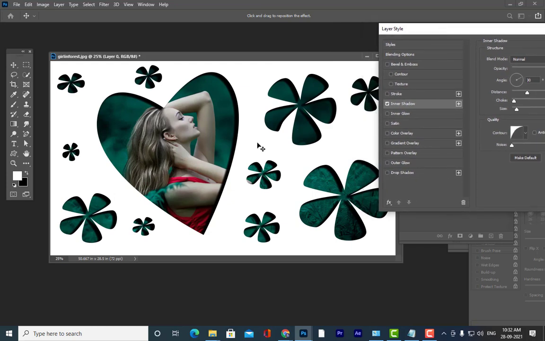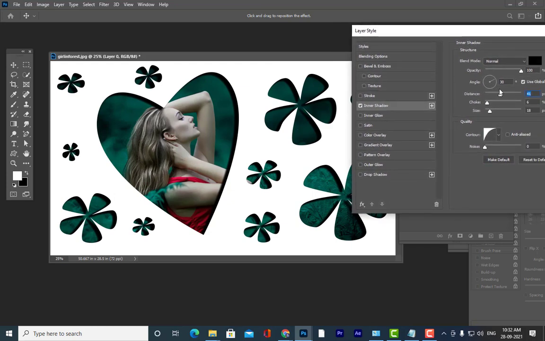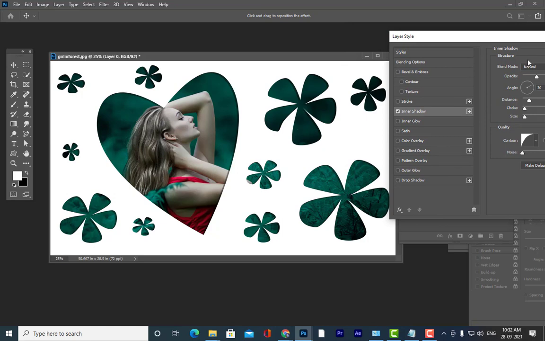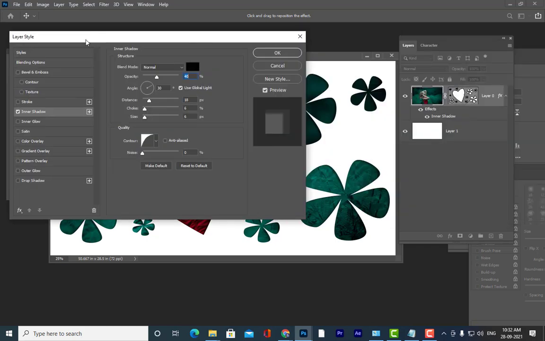Is it clear, all of you? So you can give an inner shadow, and in case you don't want this shadow to be too dark, you can reduce the opacity. See how interesting it is.